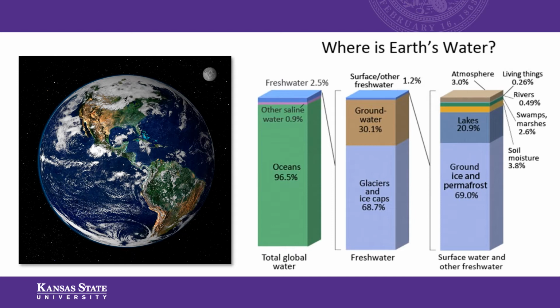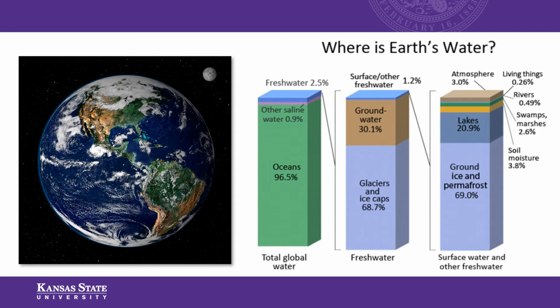So out of all the water that we have on Earth, 2.5% of it is actually fresh water and water that's available for use by humans. Salt water is not usable by humans unless it's very expensively treated because it's salty. And we're actually going to look at desalination in our case study this week. So 2.5% of all the water in the world is freshwater. That's what's available for humans to use.